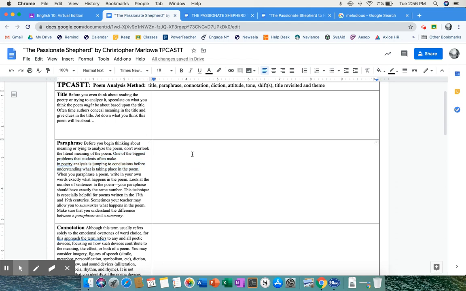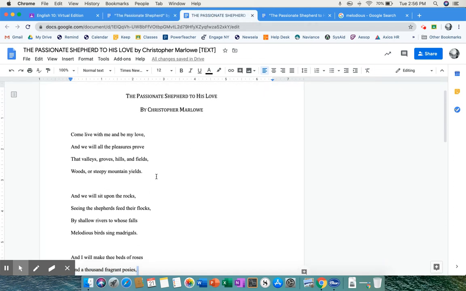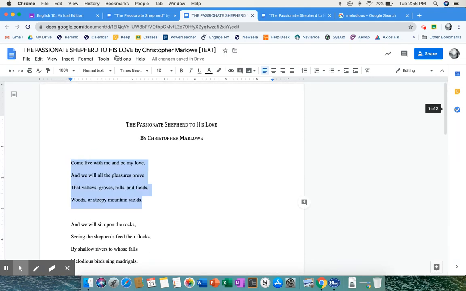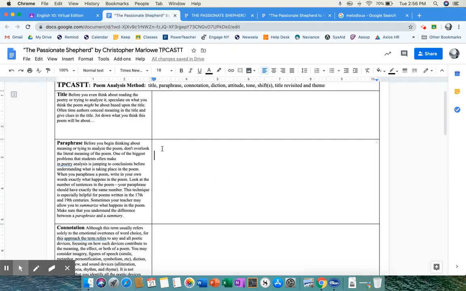This can be a couple sentences. I would say for a poem like this, where every stanza's basically a sentence, I would say 1, 2, 3, 4, 5, 6 sentences here. You just write exactly what it's about. Don't interpret. Don't tell me what you think Christopher Marlowe means. Just tell me what Christopher Marlowe is literally saying. Okay? So you're summarizing. Another way to think about it is summarizing what's happening in the poem. Okay? You're summarizing, not analyzing. So summarize.